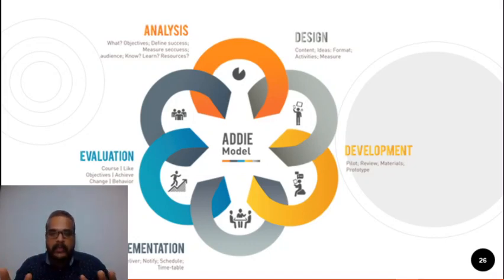Then once you fix the design, I suggest you can discuss it among your colleagues so that others can give suggestions and your design becomes more robust. Based on the design, you develop the content using multiple representations: video content, audio content, interactive content. Using different kinds of content, you develop the material, then implement.